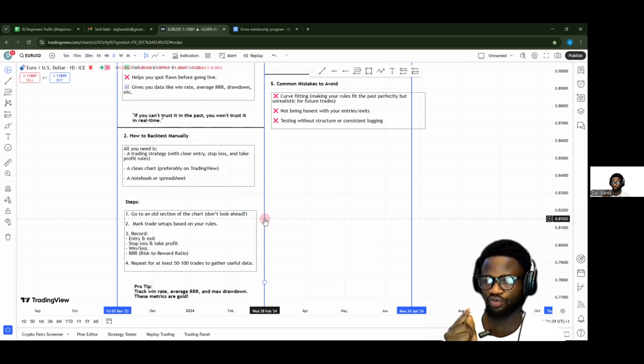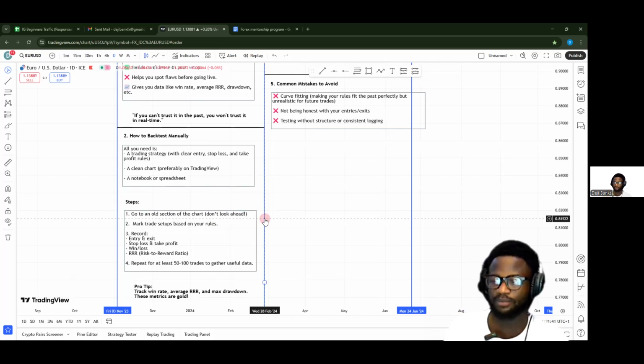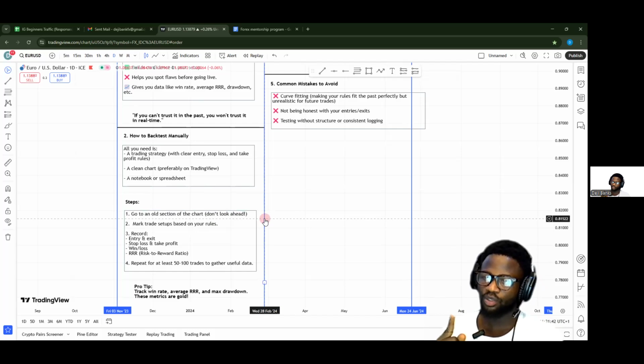And then you move your screen. It's called looking left. You move your screen little by little to see how the market reacts on the time frame that you're testing on. It could be just 1 hour, it could be just 50 minutes, or any of those time frames that your strategy leads you to trade in.